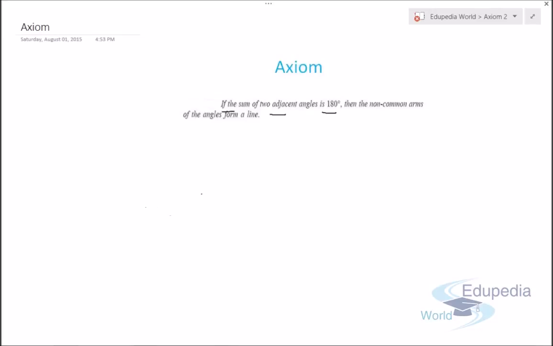Suppose we have two adjacent angles. If this is an angle, and we have another angle like this, let the line be AB, and we have two adjacent angles like this, and let the common point be O. If the sum of two adjacent angles is 180 degrees, meaning angle POA plus angle POB is equal to 180 degrees, then the non-common arm, which is not common to both the angles,